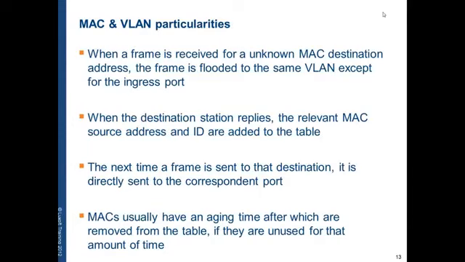The entries in the MAC table usually have an aging time, after which they are removed from the table. Every time you send a new packet to that destination, the timer is refreshed, so the switch knows that that MAC is still used. If you don't use it for the expiry time, then it will be deleted, so we don't end up having a too large MAC table with entries that we don't actually need.